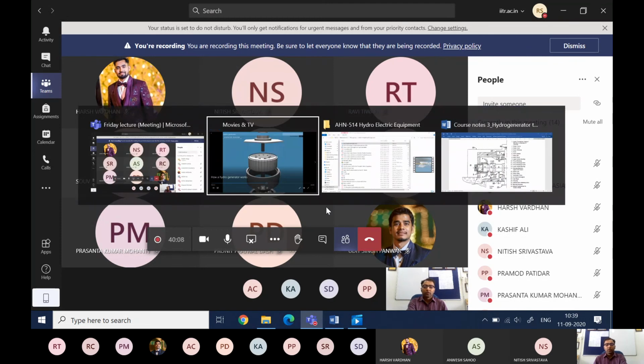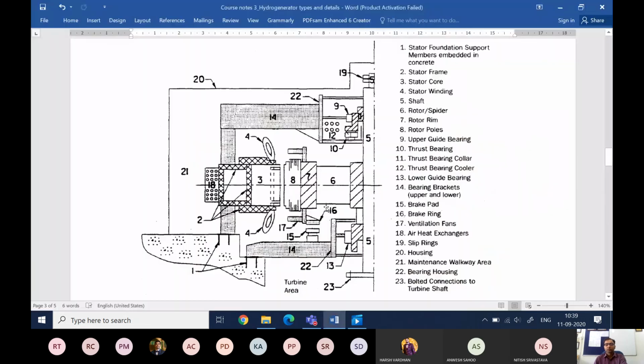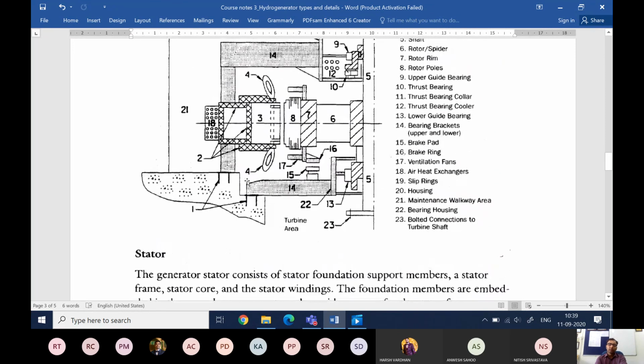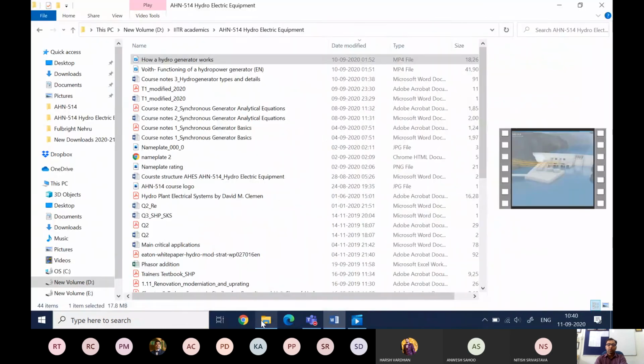Okay, so let's move ahead. So now we'll look at these components, at least the most critical components, in somewhat more detail. So first, let's start with the stator, which is housed here in the stator frame. Just before we go ahead, I can maybe show one more animation of this so that the stator part is actually more visible here.